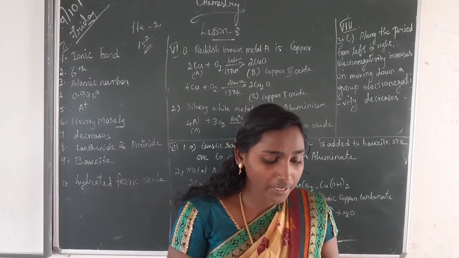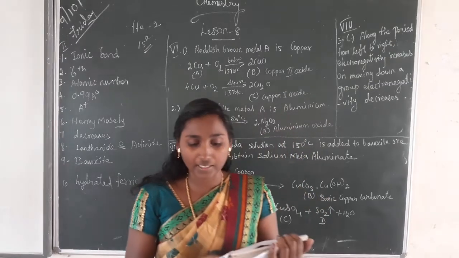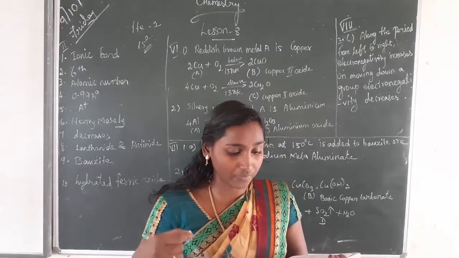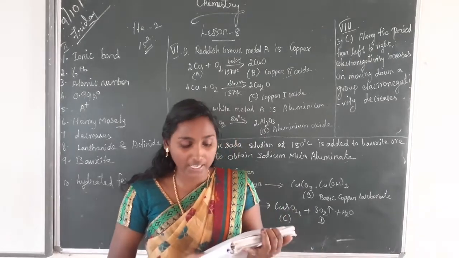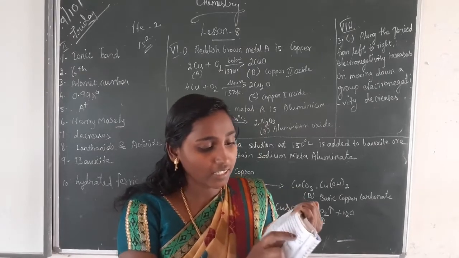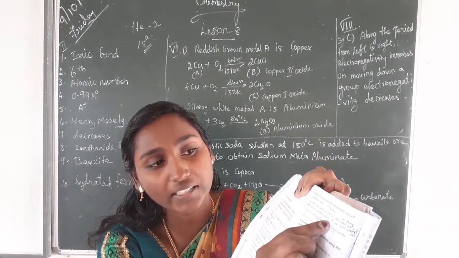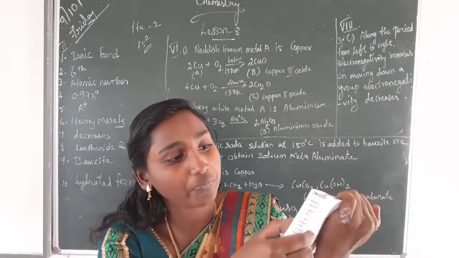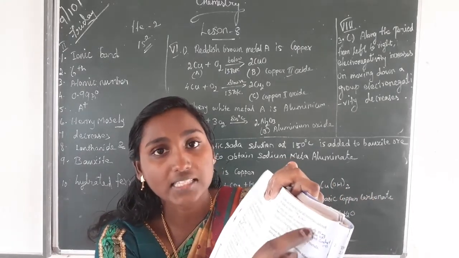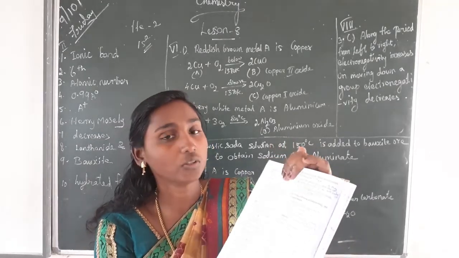Then fourth one, aluminium wires are used as electrical cable due to their silvery white color. Is it right? No. Due to being a good conductor of electricity, it is used as an electrical cable, right? So you can change the answer to false, and here you should change it. Cut 'due to their silvery white color' and change it to 'as the electric cables as they are good conductors.' Note it.